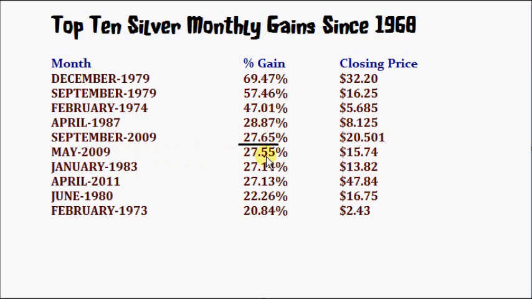May of 2009, this was from its bottom because in 2008 it bottomed down to 846, but this got it kick-started again. 1983, just like in 87, it's really a dead cat bounce. April of 2011 occurred right at its top. June 1980, dead cat bounce again, and in February 73, going up to 243 was again the start of a